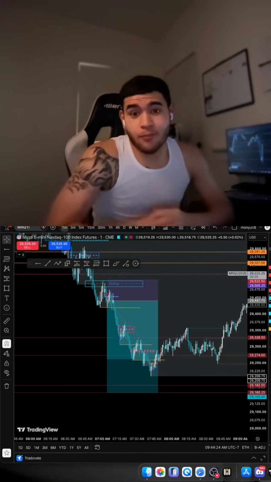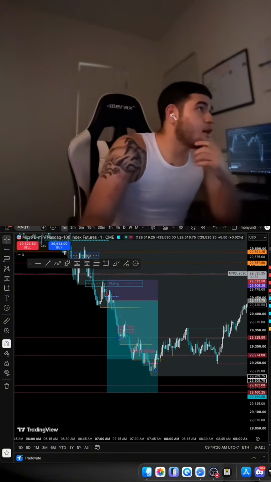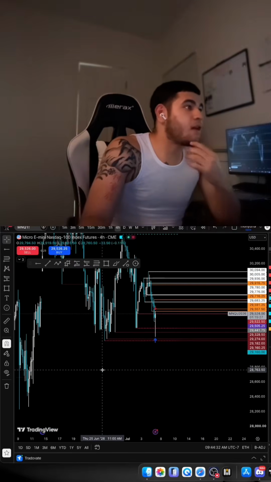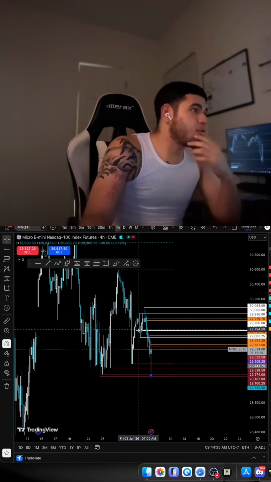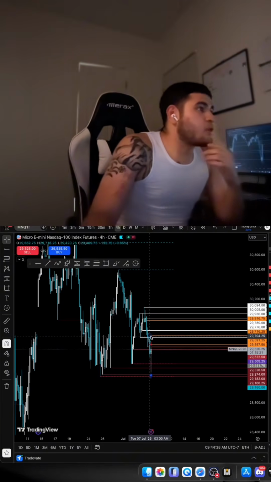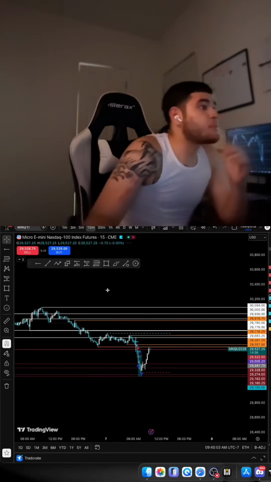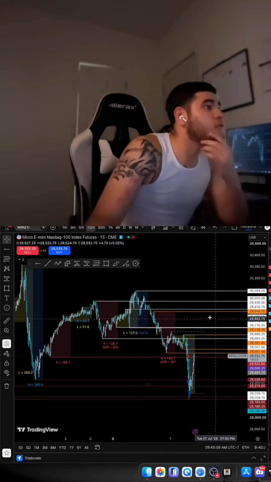But I took this trade today. I want to show you guys that going to our 4-hour time frame, I still didn't have a bias for the day. Even though we inversed this 4-hour gap, we still had draws of liquidity to the upside. So today we could either have a buy position or a sell position. So we go into our 15-minute time frame. We mark out the levels of liquidity we're going to use for the day.